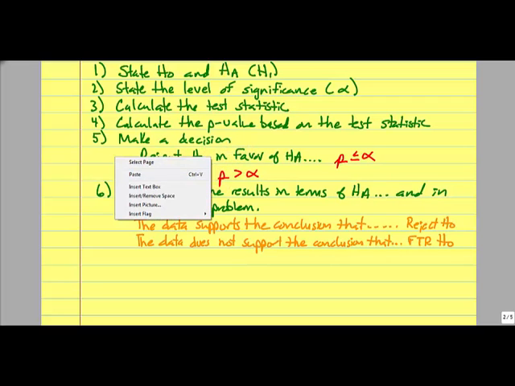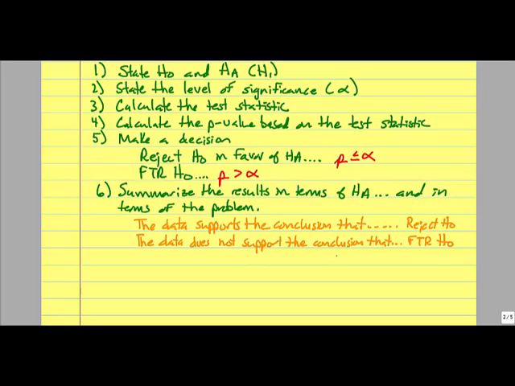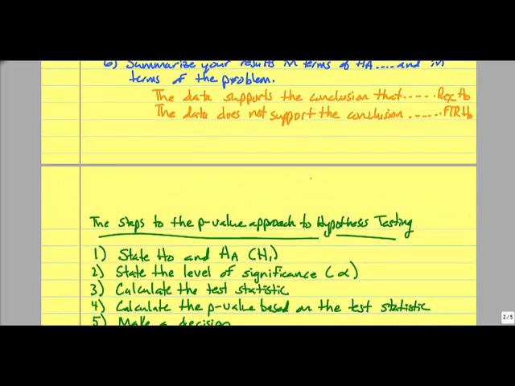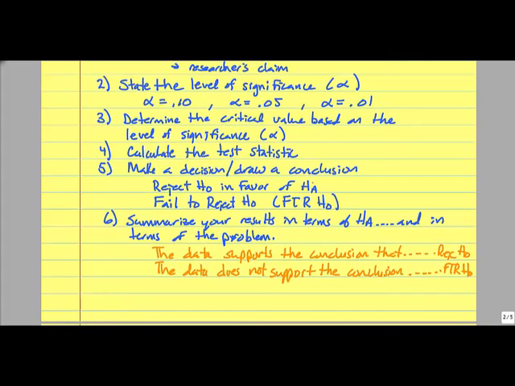So what we have here so far is a general overview of these types of problems. Now let's flip back up. Here we talked about our rules for rejection and making a decision. Let's go ahead and add some rules back in over here when we talk about reject or fail to reject. In the classical approach, we would reject H0 in favor of HA if our critical value, and remember our critical value is up here, and our test statistic are compared. So we would reject H0 in favor of HA if the test statistic